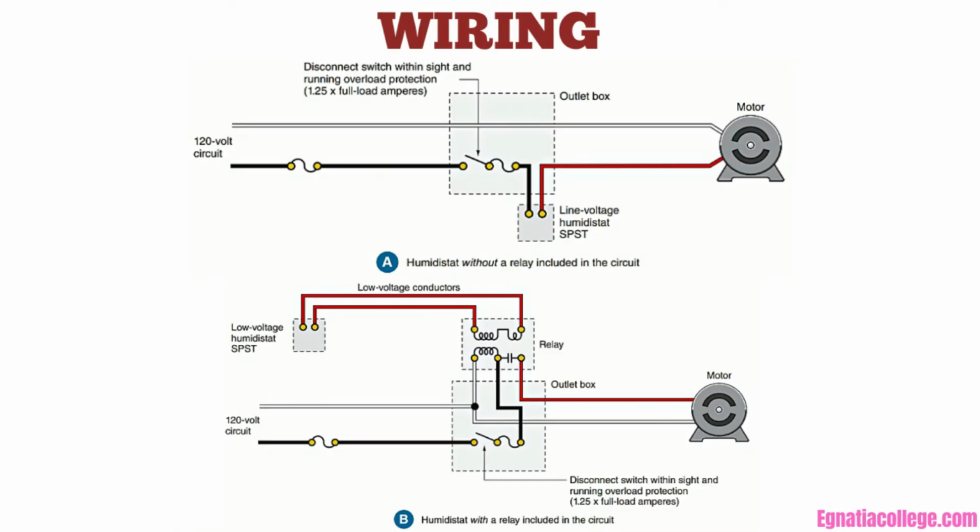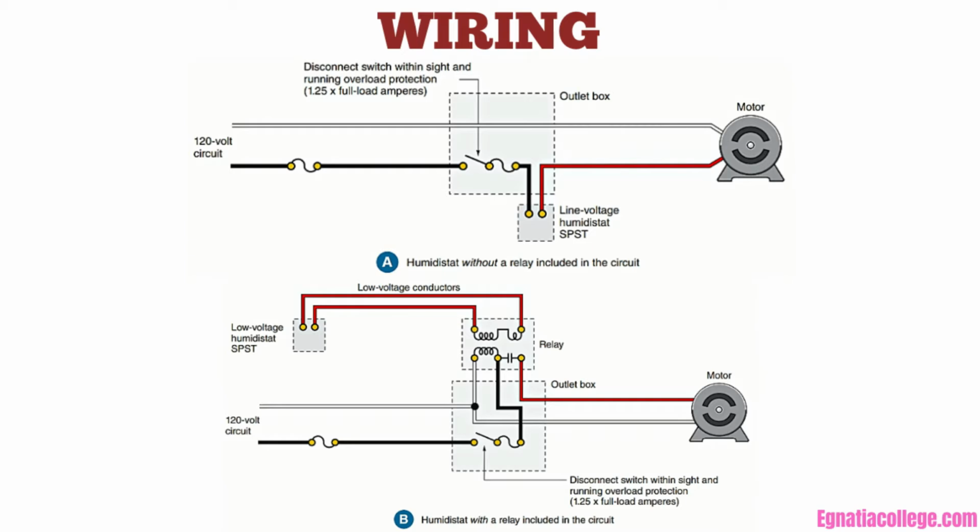Wiring. The humidistat and relay for the attic exhaust fan are installed using number 14 NMD90. The cable runs from circuit A10 to a 4 inch square, 1.5 inch deep outlet box located in the attic near the fan. Part B. A motor circuit switch is mounted on this outlet box. This switch unit serves as a disconnecting means within sight of the motor, as required by Rules